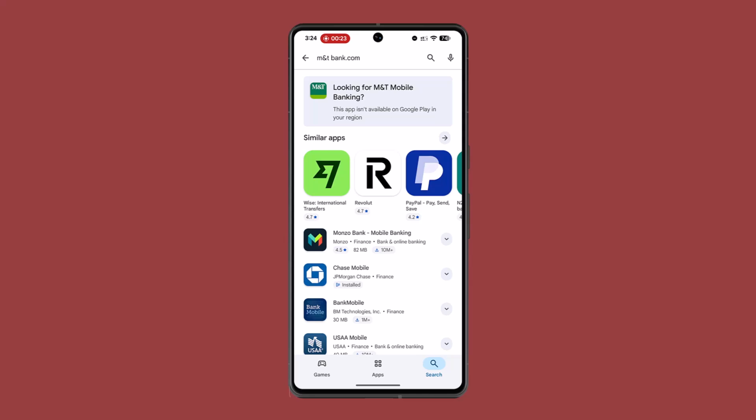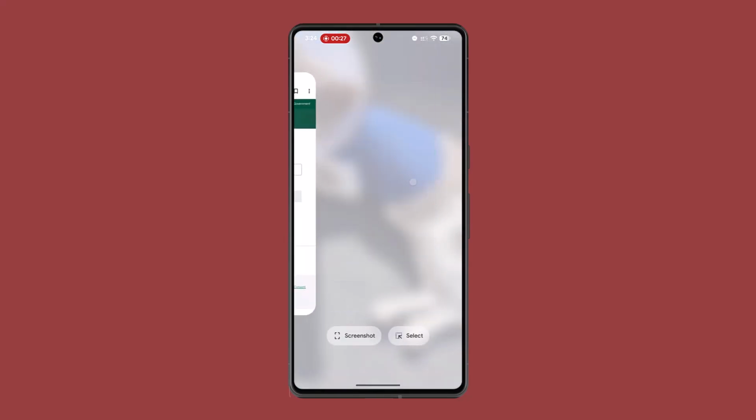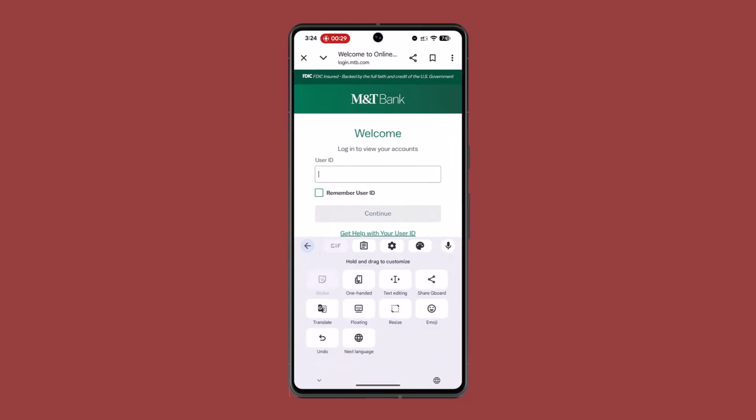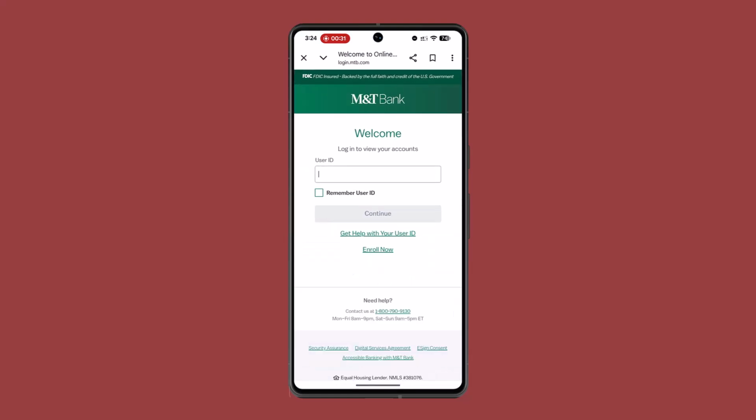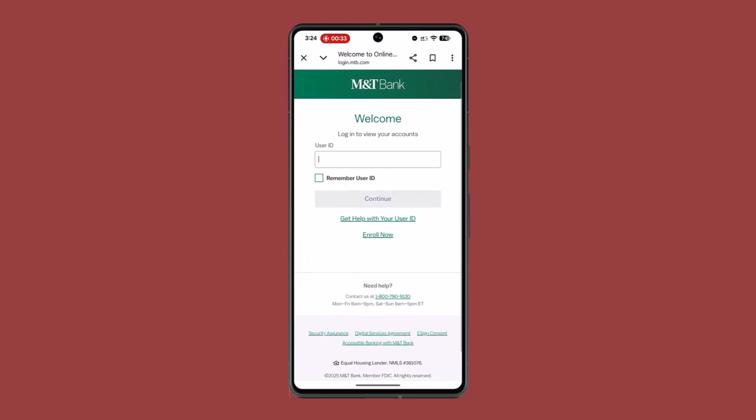Once you're done installing the app, you want to go to the open button, and when you go to the open button, you'll then be able to see this page where you could see login or enroll now. Since you already have an account, click on the login button, then you'll be prompted to enter your user ID. Once done confirming your user ID, you'll then need to type in your password and log into your